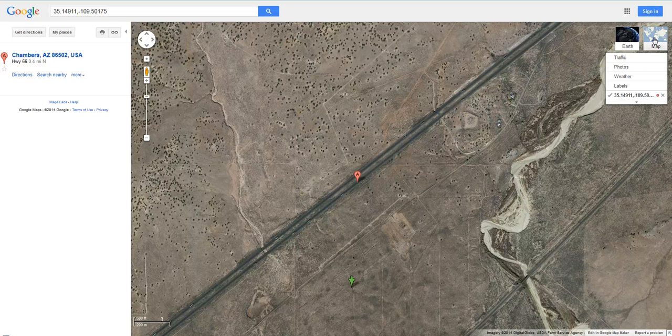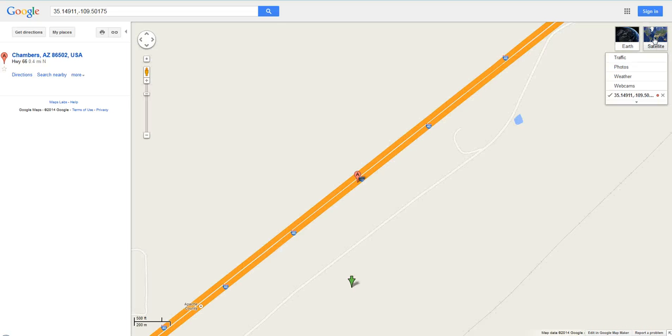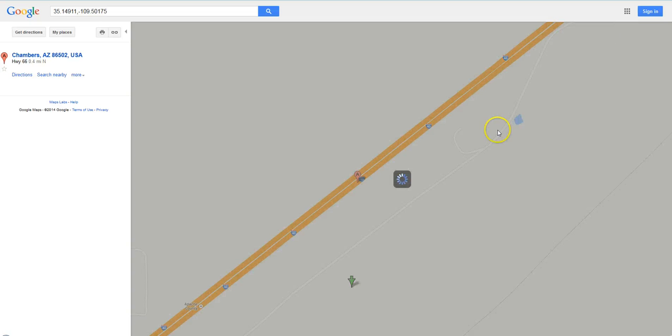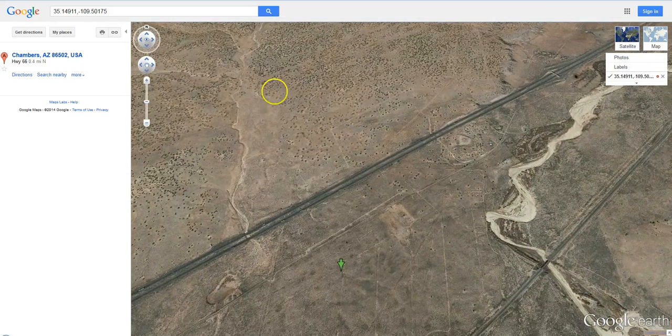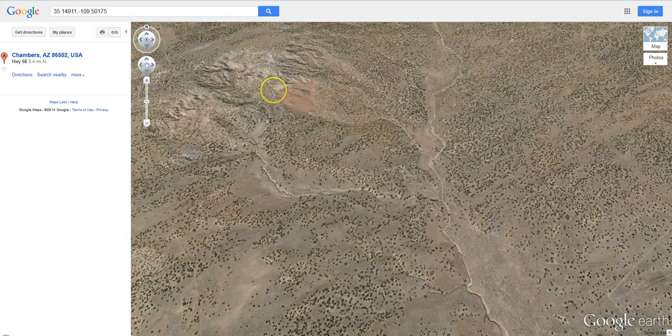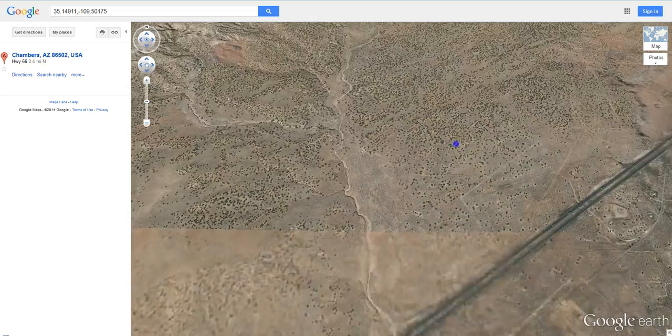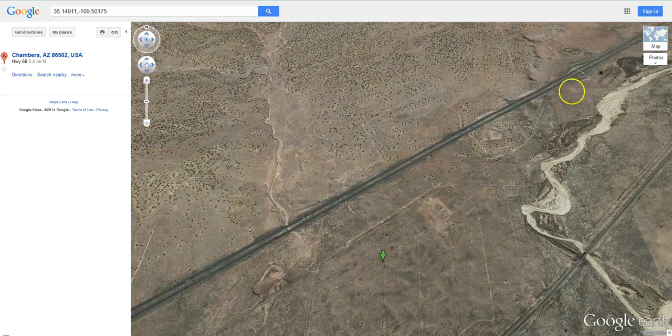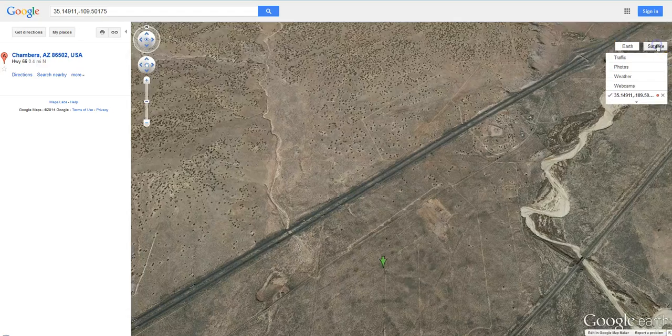This button in the upper right lets you toggle back and forth between the satellite view, which we're currently looking at, and the map view. If you download the free Google Earth plugin, you can also view the property in the Google Earth window. This, as you can see, shows a greater amount of topographical detail and more 3D imaging for people that are interested in that. For now, let's switch back